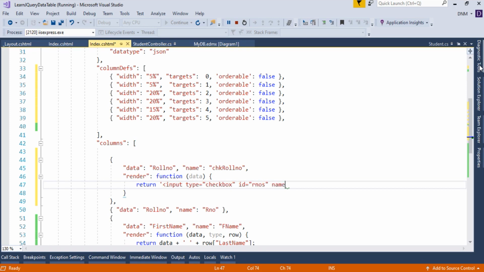Then name, again I'll assign the same name as the ID. And what will be the value? Value is equal to the roll number. Here double quote starts and my roll number is in the data argument. So let me complete this with a single quote, then plus sign, then data. Again plus, then I have to enclose this double quote and my input tag gets closed. That's it.